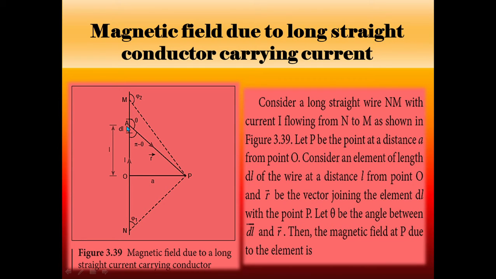Consider the element of length dl of the wire at a distance l from point O, and let r vector be the vector joining the element dl with point P. Let theta be the angle between the dl vector and r vector. Then the magnetic field at P due to the element is